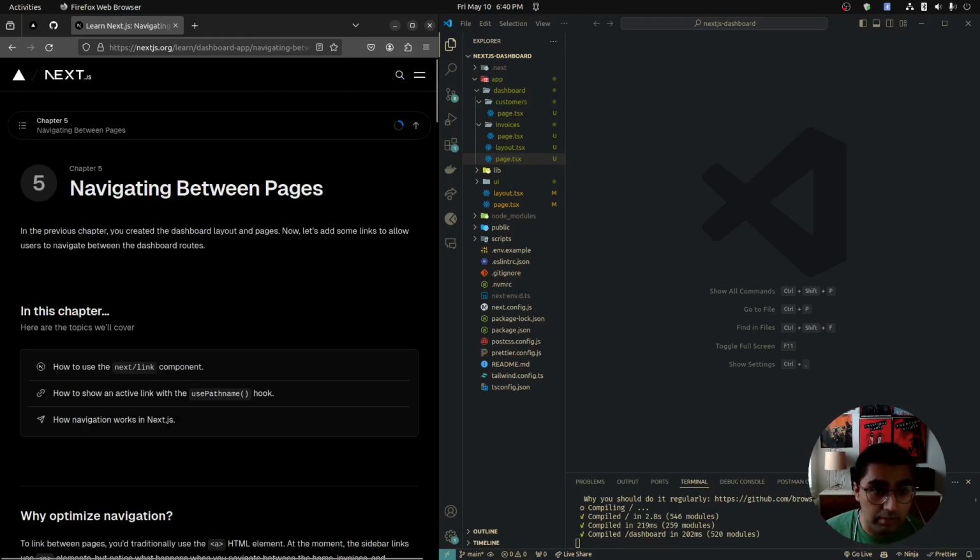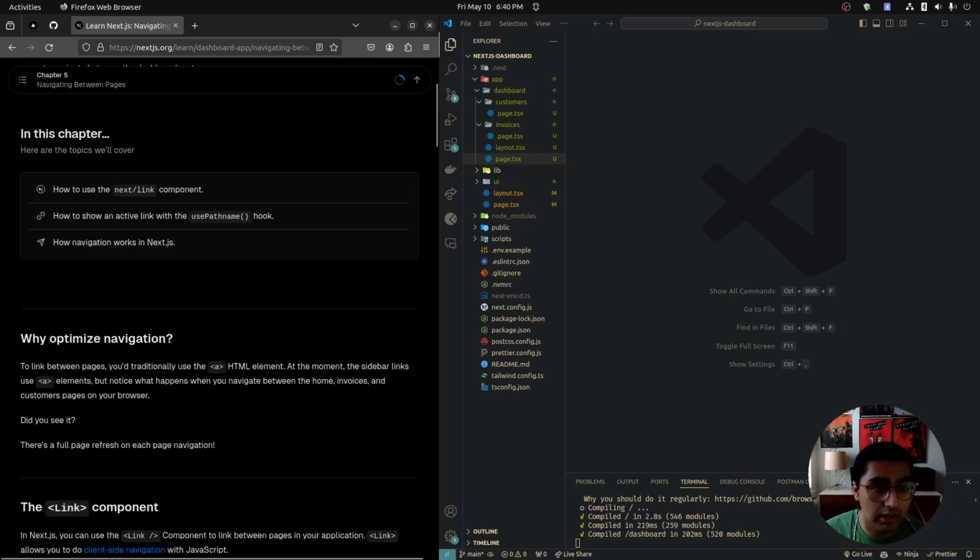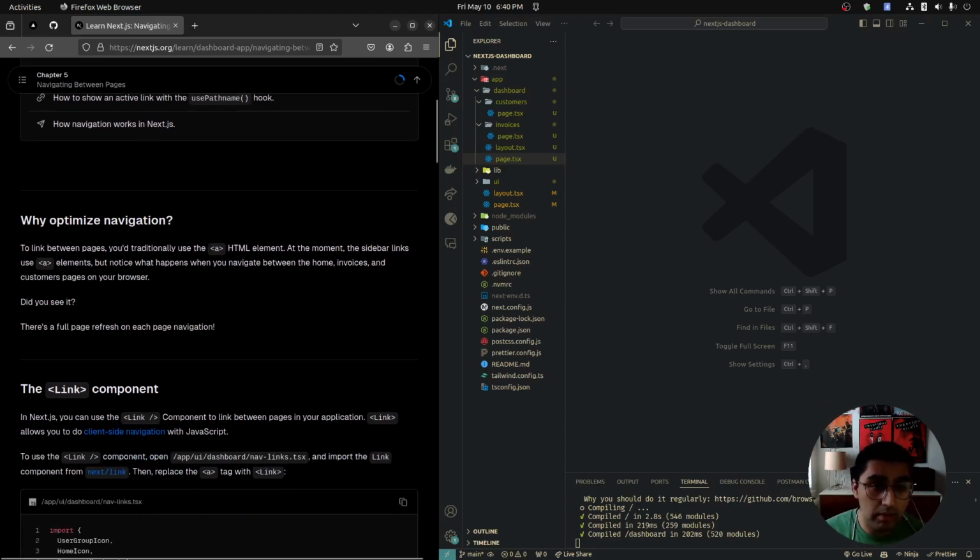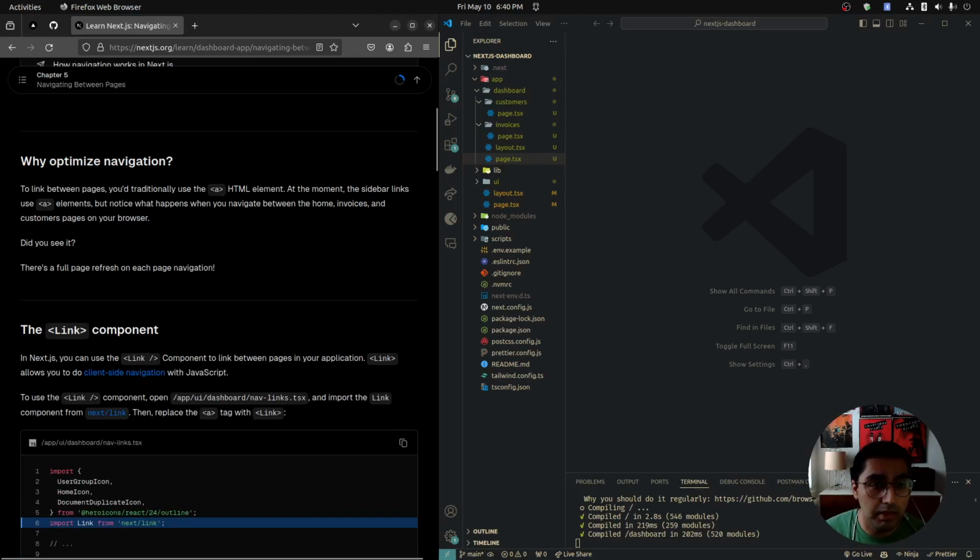So in the previous chapter, you created the dashboard layout in pages. Now let's add some links to allow users to navigate between the pages. So we're going to learn the Next link component, the usePathname hook, and just how navigation in general works in Next.js. So why optimize navigation? To link between pages, you traditionally use the anchor tag HTML element, and that's currently how we are set up,